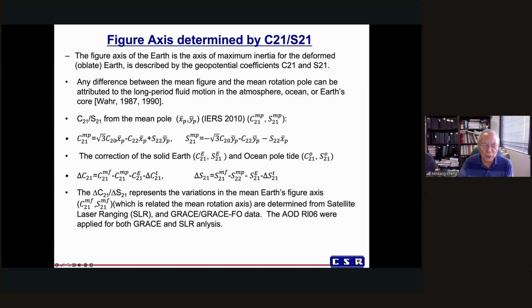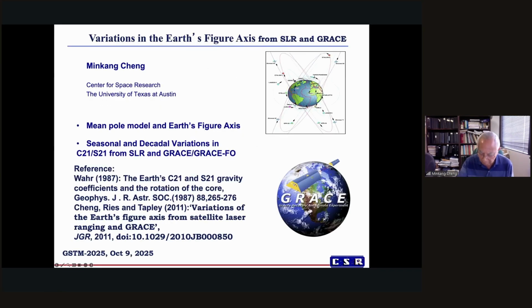This is how the linear model was applied. The correction for the Earth's tide depends on the mean pole: the solid Earth pole tide and the ocean pole tide use the mean pole. Now, the C2S21 results from the